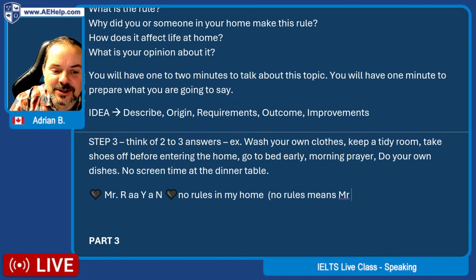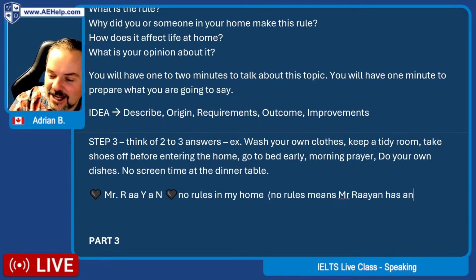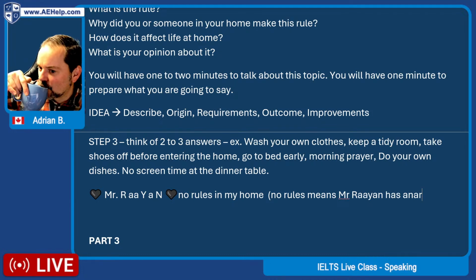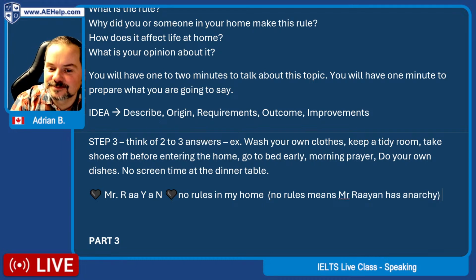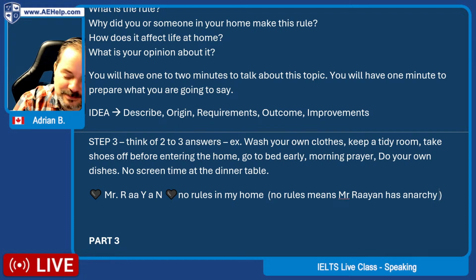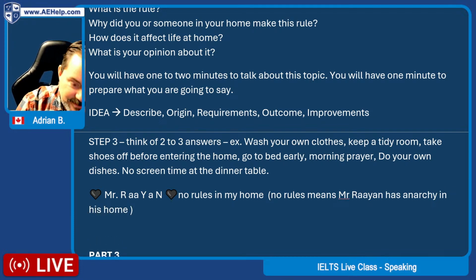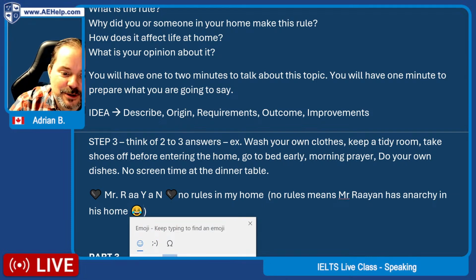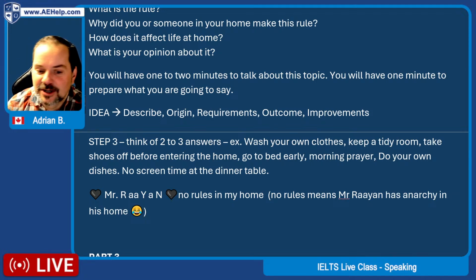means Mr. Ryan has, what is it called? It starts with an A. I'm wondering if anybody knows the word. It's called anarchy. Has anarchy in his home. That's funny. Let's do a little laughy face for that one. Mr. Ryan has anarchy in his home, but for those of you who do not have anarchy in your homes,